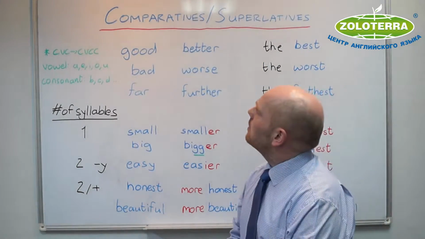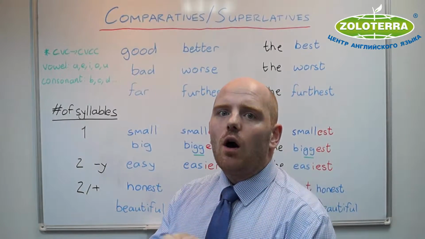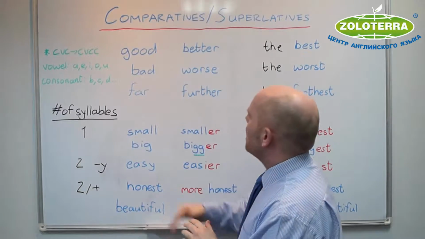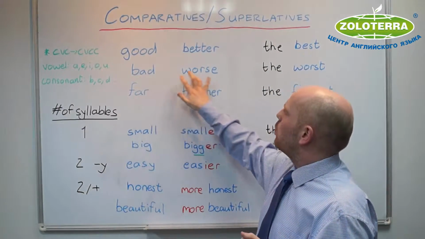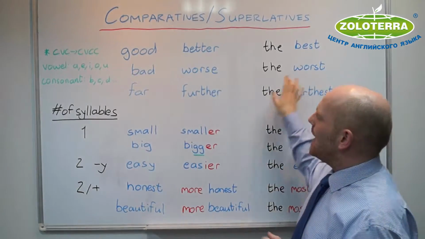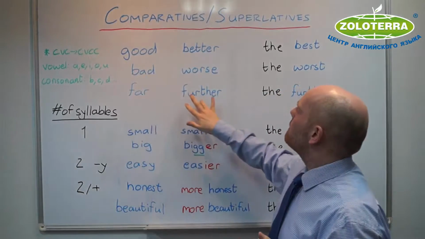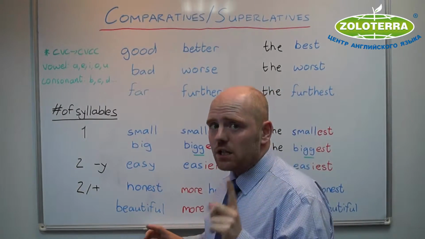Like in Russian, the adjectives for good and bad are irregular when we make them comparatives. Good, better, the best. Bad, worse, the worst. One you might not remember: far, further, the furthest. The first thing to notice here,